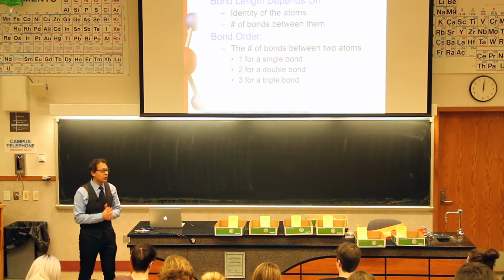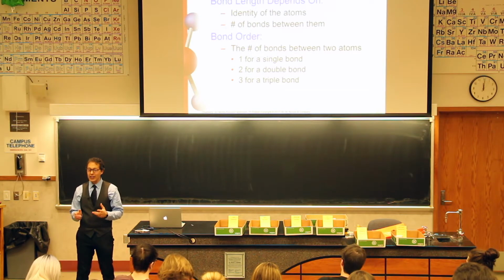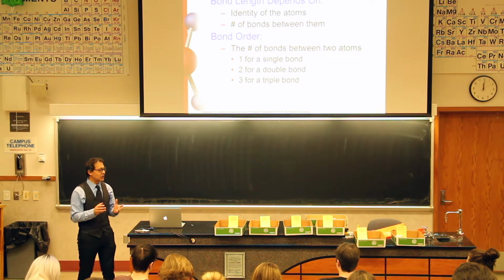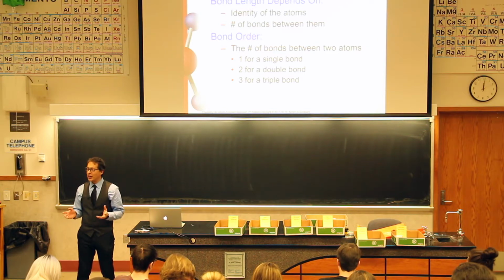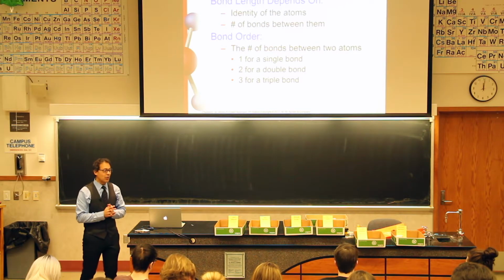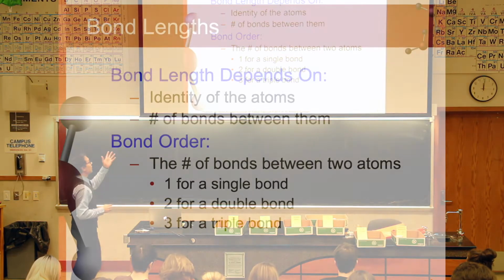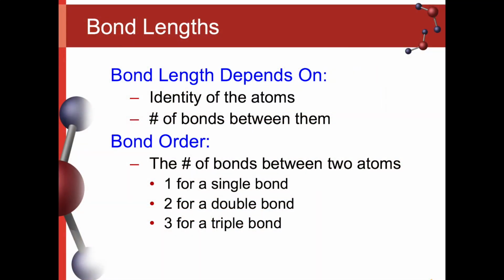Today we're going to take a look at bond length and bond strength, and then something called polarity, which is to say the unequal sharing of electrons in a chemical bond. Now to get us started, the bond length depends on what atoms we're talking about. Some atoms are bigger than others. So if you were asked for some reason,